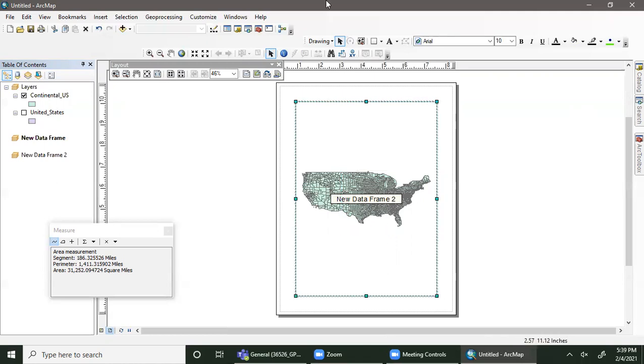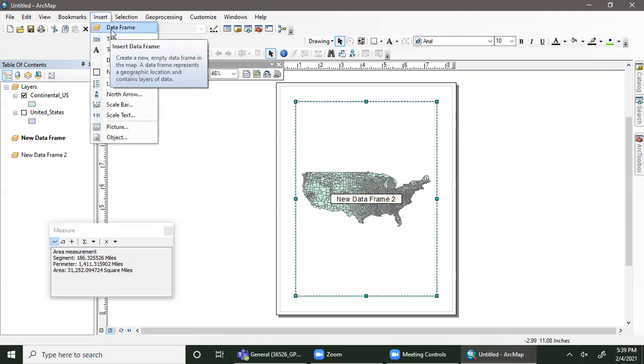Where's the insert data frame thing? Insert data frame. When you had the attribute tables,